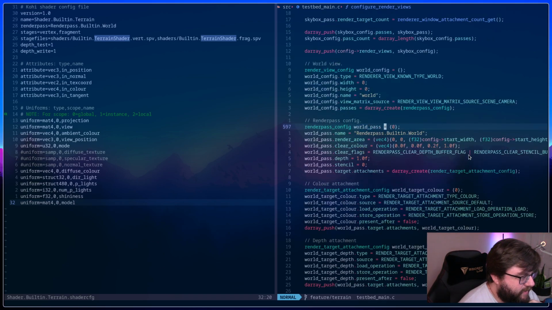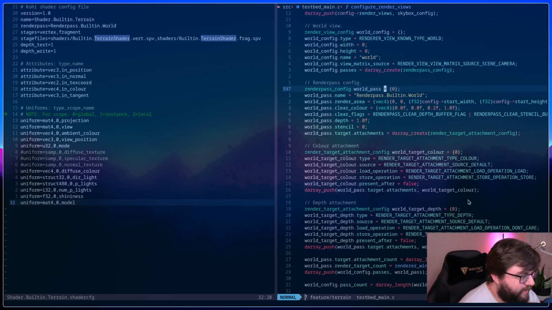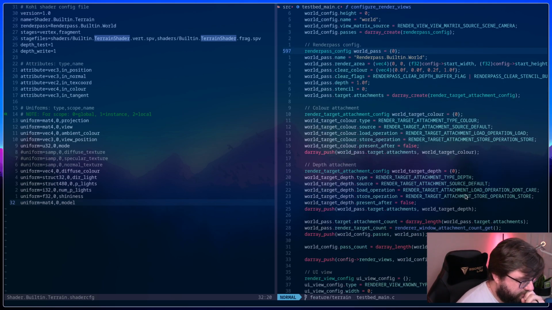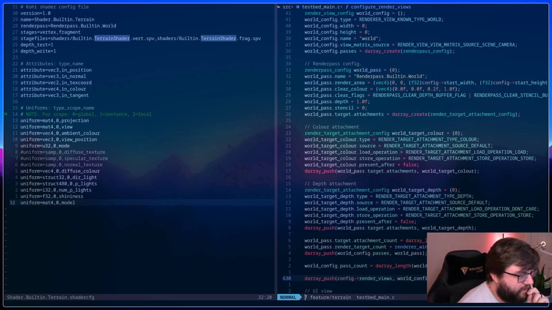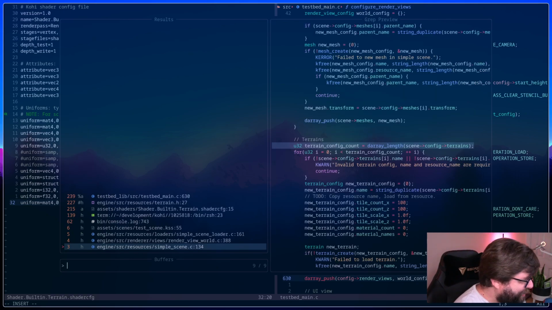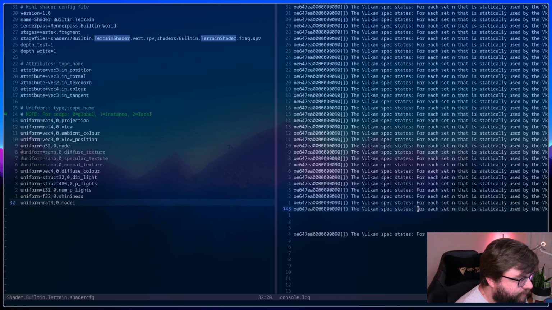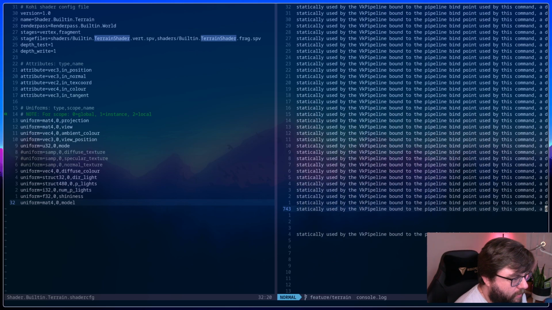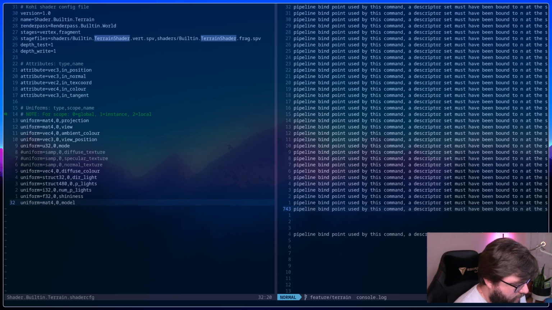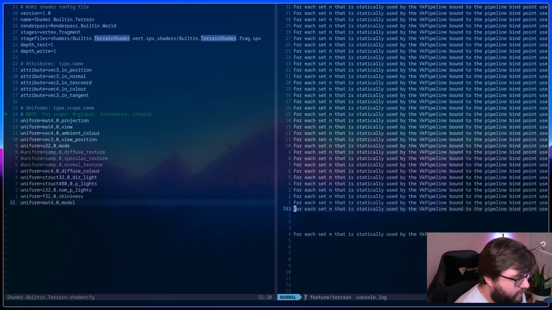I don't think there's anything in here that should be mismatched, right? These are just the attachments. And that's it. So there's nothing. I don't see anything here. Need to go back, actually, I think.